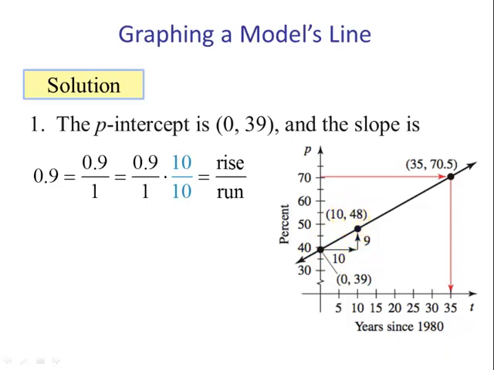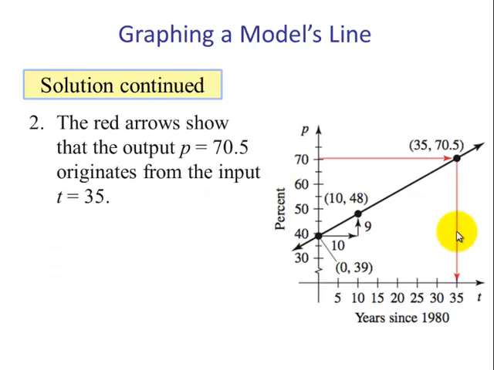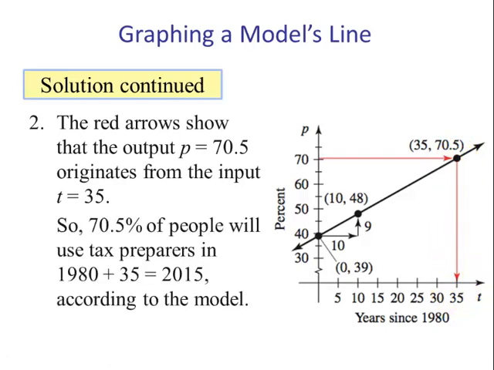We get the point (10, 48). We connect these points, and we have our line, and we want to predict what year it will be when P is 70.5. So estimating using the line, we see that when P is 70.5, the corresponding T is about 35. So 70.5% of people, according to the model, will use tax preparers when T is 35, and since T is how many years after 1980, we would predict in about 2015 the percentage will be